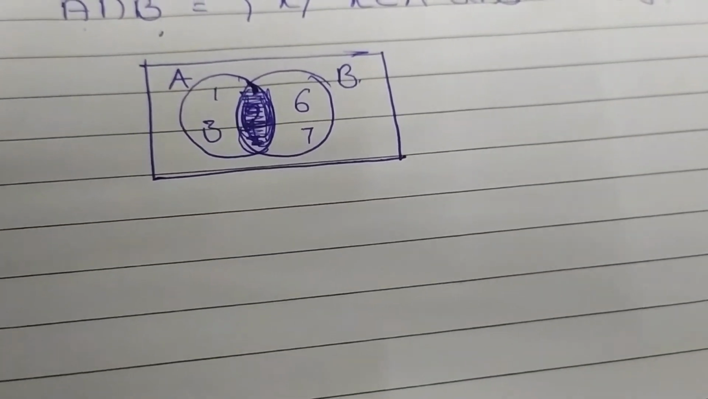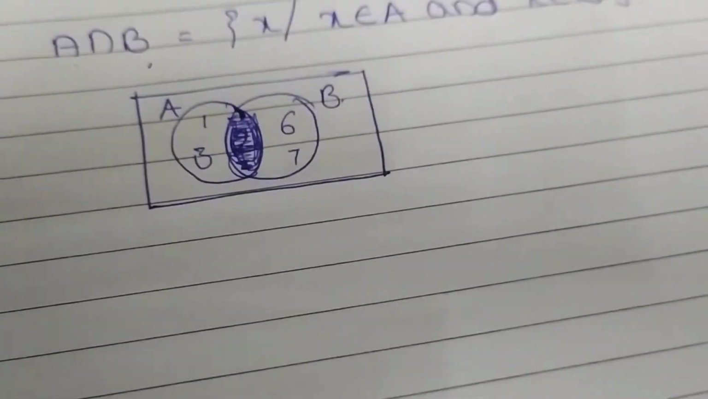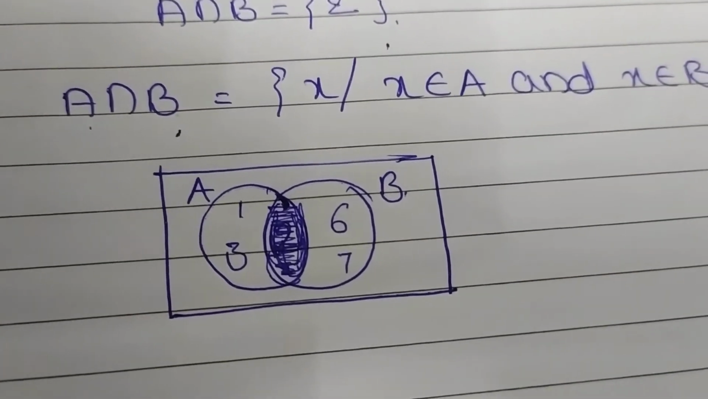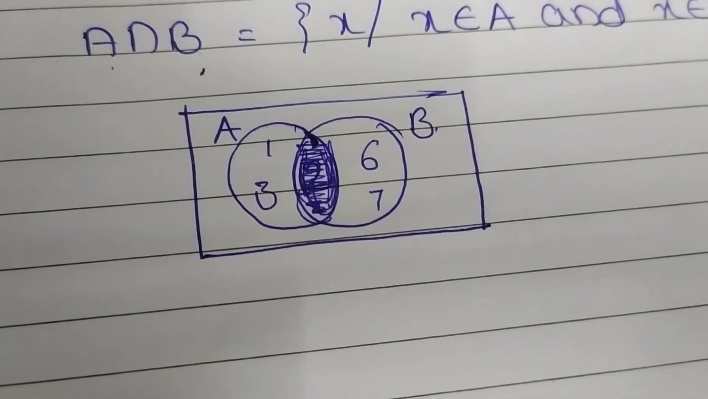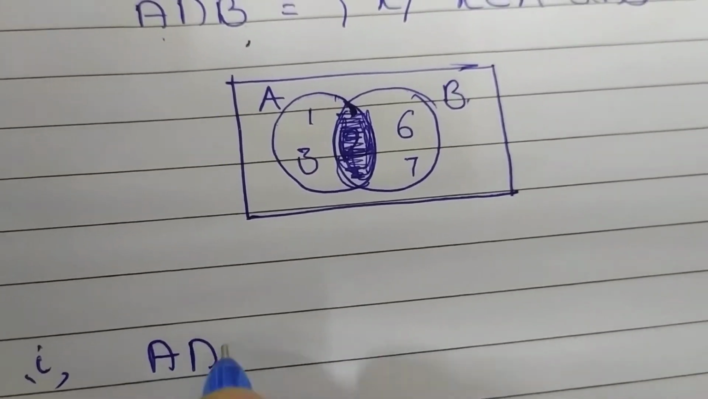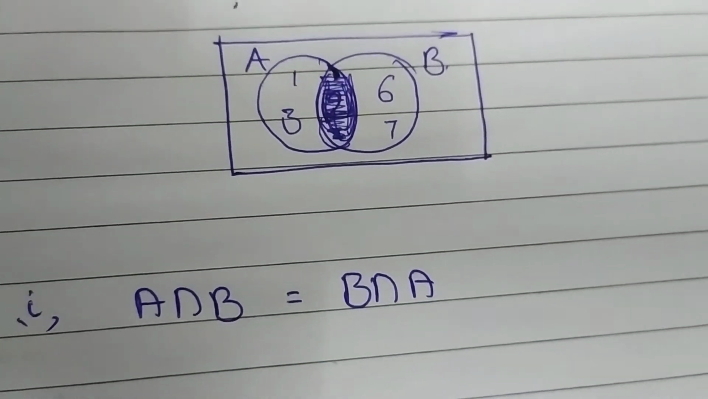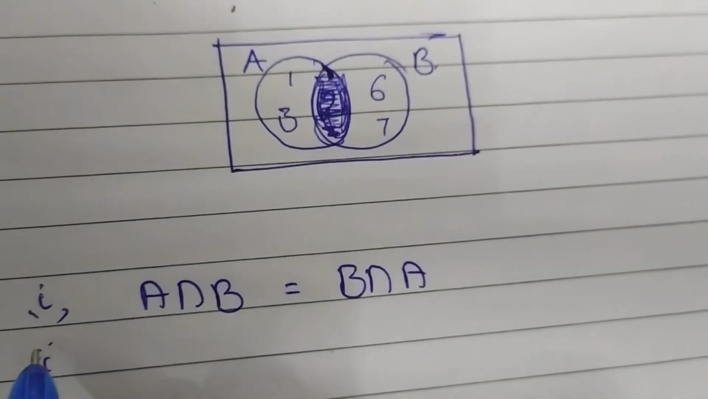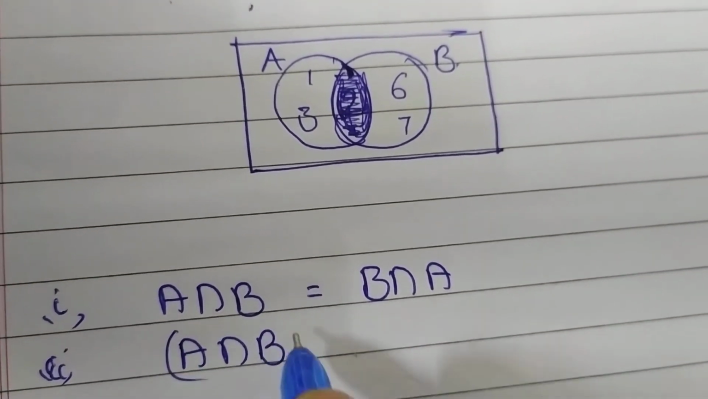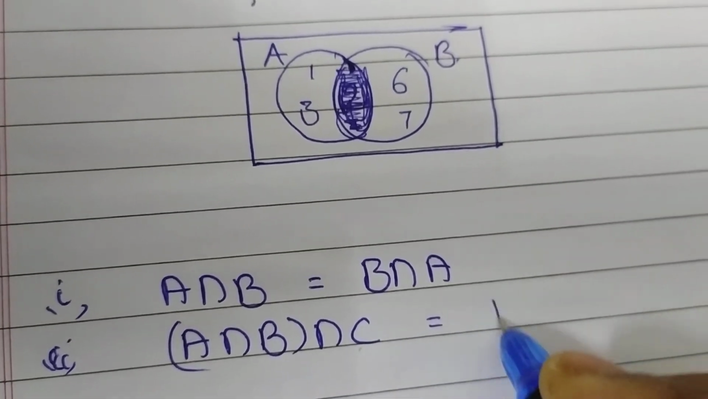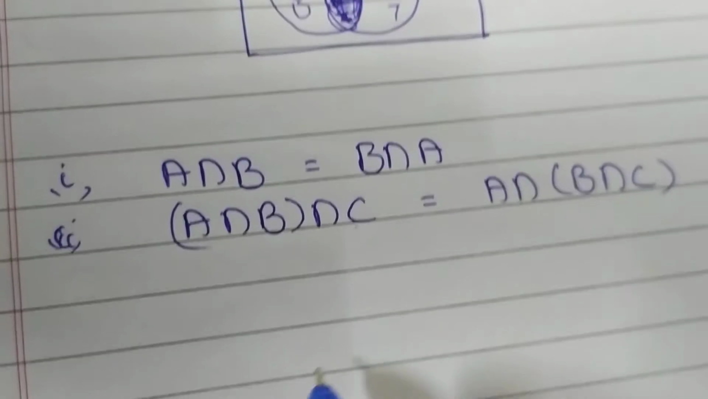So how we read regarding the union of the sets, all those properties, in the same way regarding the intersection also there are some properties. So the first property is the commutative property. It holds the commutative property, that is A intersection B equals B intersection A. Similarly, the second one is the associative property: A intersection B intersection C equals A intersection B intersection C. Next comes the